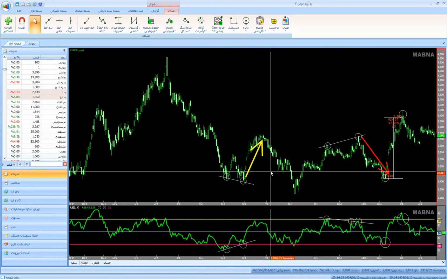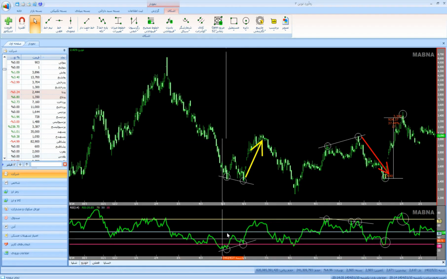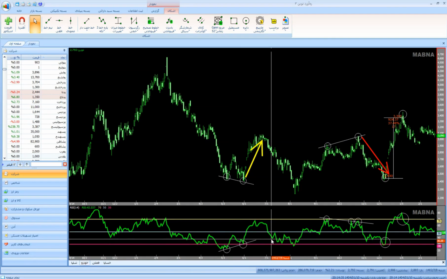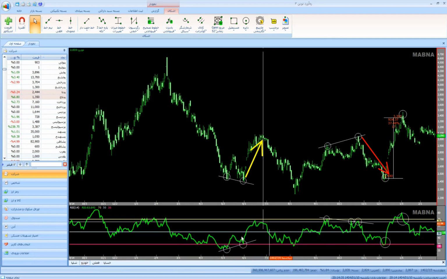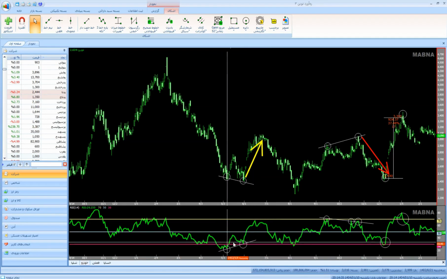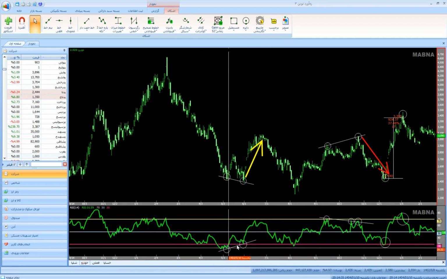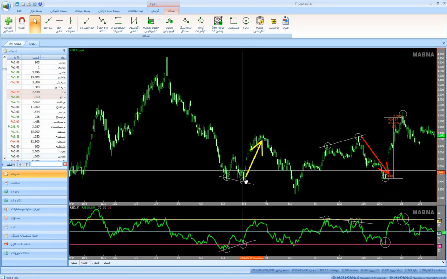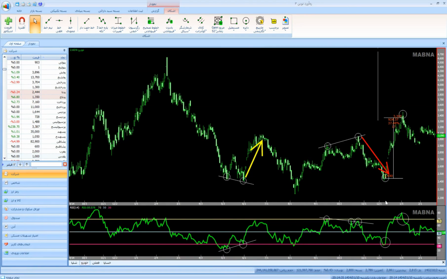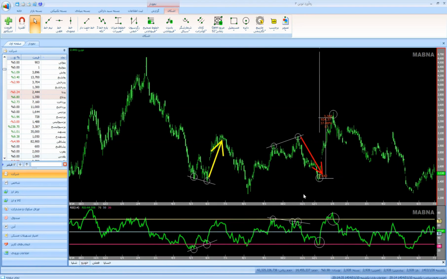Divergence phenomena, dear friends, are very, very important and very powerful. When they occur, they strongly indicate their target. So, in my opinion, for your final decision making, give 30% weight to the actual RSI signals, and give 70% weight of your decision making to the divergence phenomenon, and work with the divergence phenomenon with